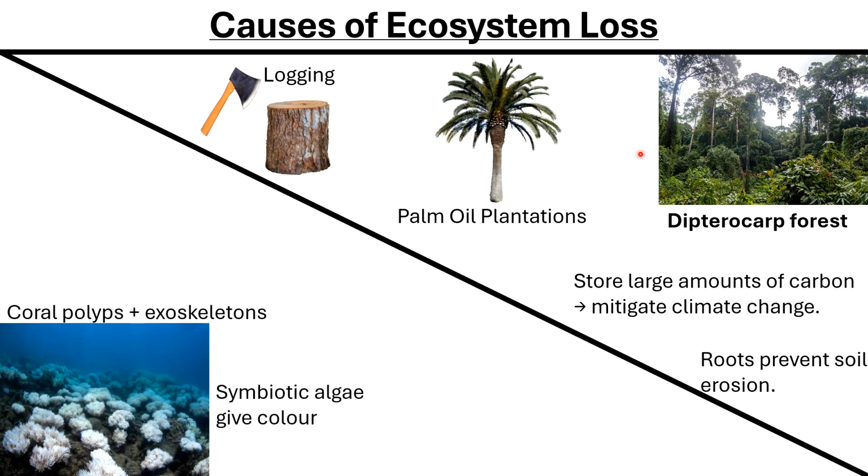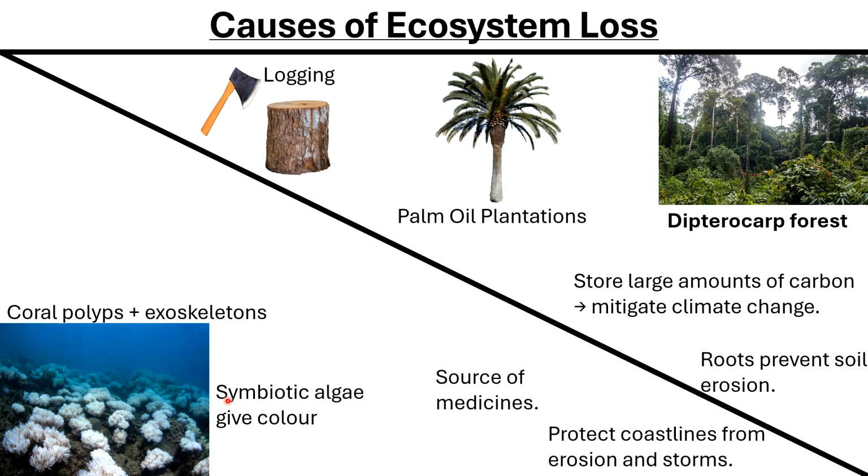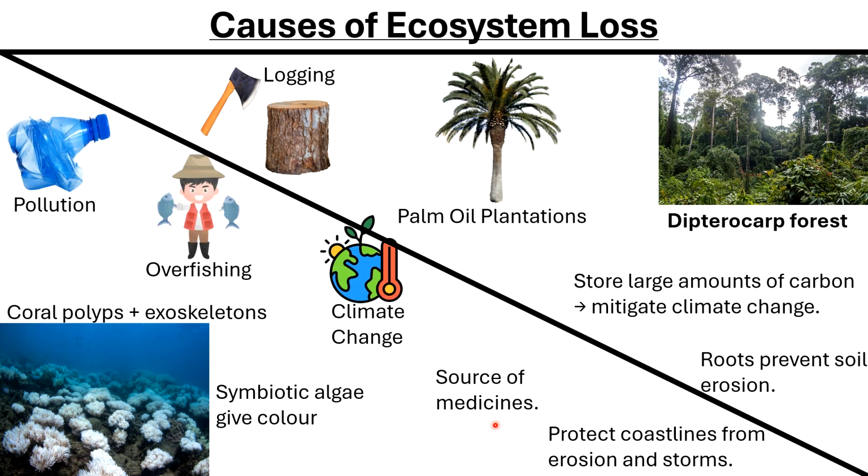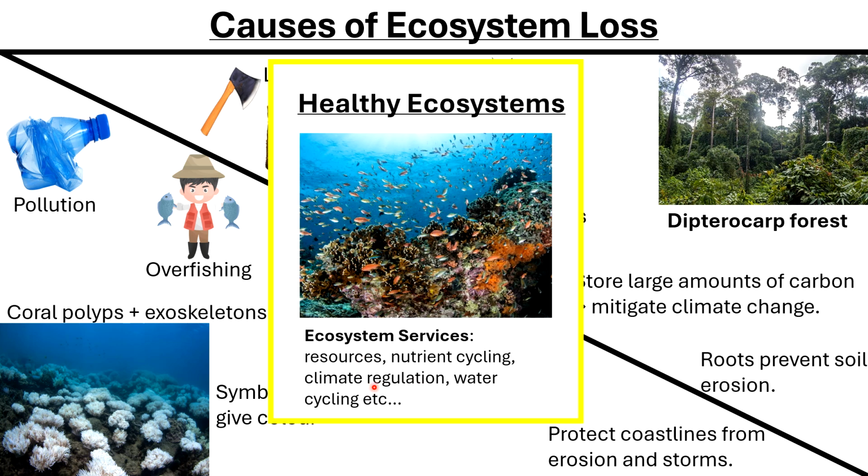Same can be said with coral reefs, which are made of the coral polyps, the animals, plus their exoskeletons, and the symbiotic algae that give them the color. So these coral reefs are sources of medicine, and they protect coastlines from erosions and storm. So these are their benefits. The problem is certain things such as pollution, overfishing, and climate change, which are anthropogenic, so human caused, are mitigating